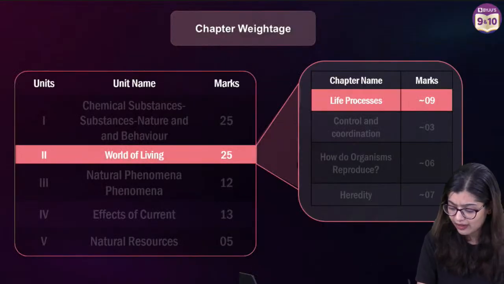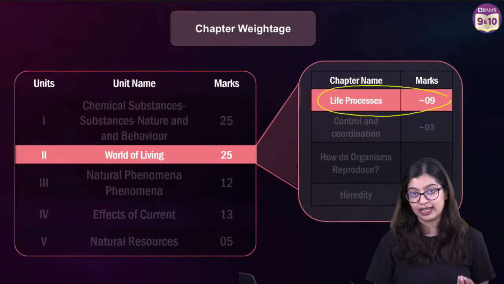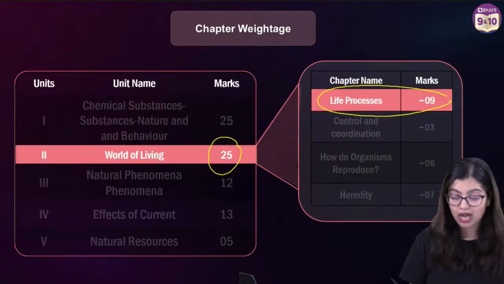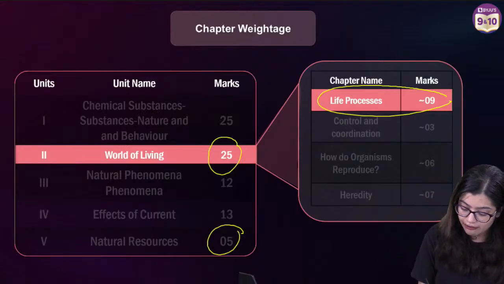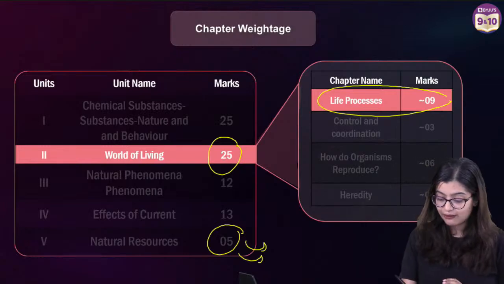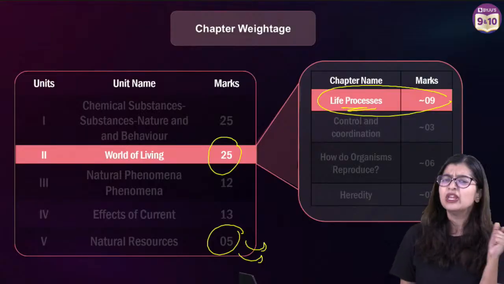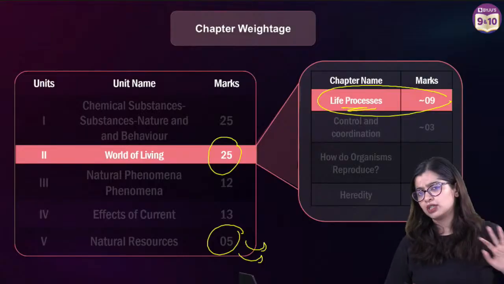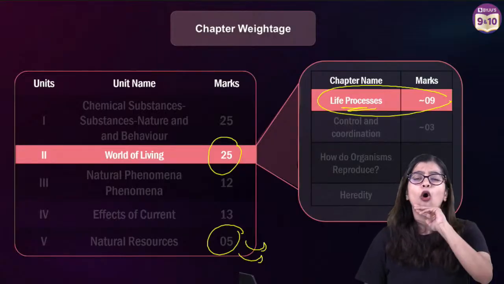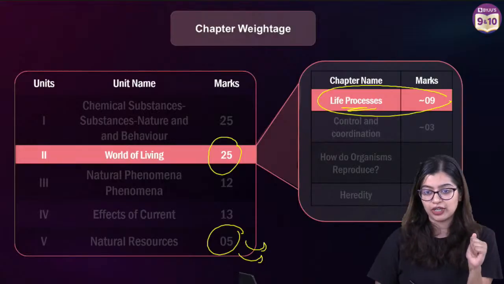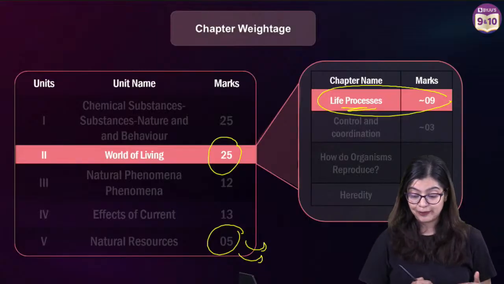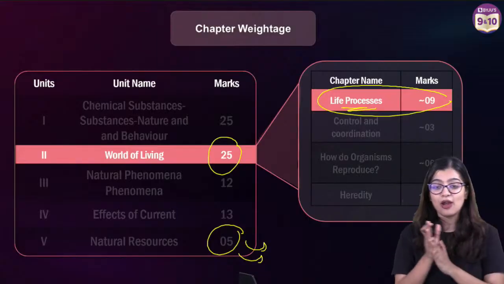Now, as you all know, life processes holds maximum weightage, right? So normally, if you look at the 5 chapters, we have a total of 25 marks that come from 4 chapters of biology, and 5 marks which will come from the chapter Our Environment. But from the world of living, although it's not a fixed number, minimum 6 to 9 marks come from this particular chapter, ranging from your MCQs, your section B, C, D, E. All possible questions can come from this particular chapter, which is why we will get started with it in great detail, right? Awesome. So everybody, I hope you're excited.